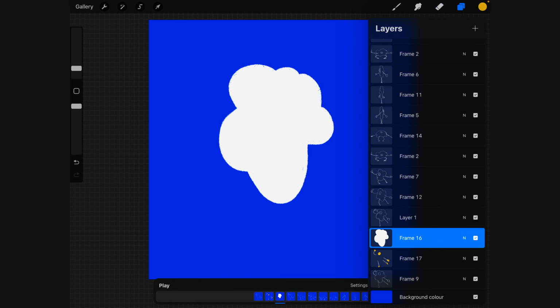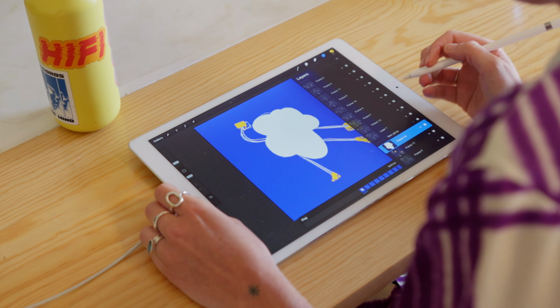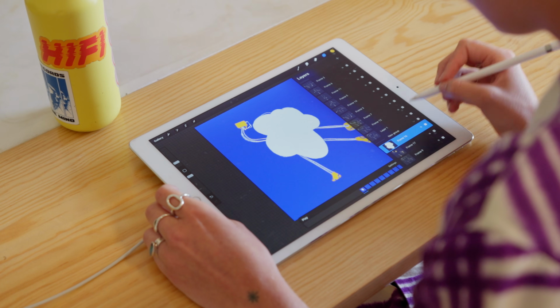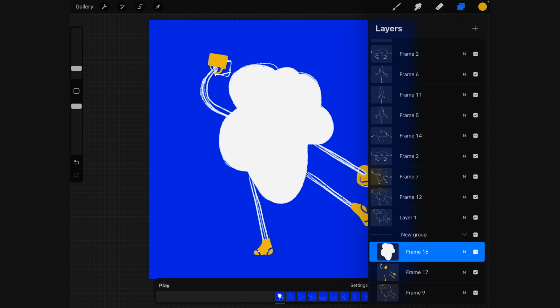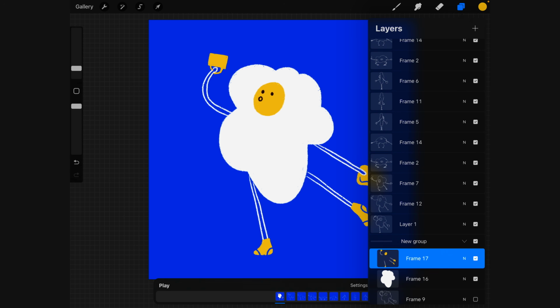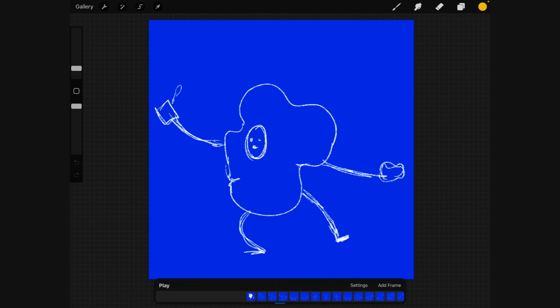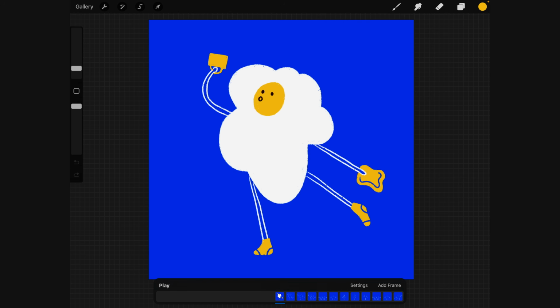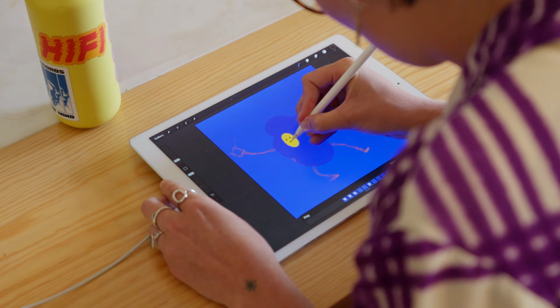Now what we're going to do is go up into our layer stack and group these three. So if I swipe across to the right, I can group our rough layer, our detail layer, and our body layer into a little group. And you can see that it's created one single frame instead of treating these as three frames of the animation. So if I hide this rough layer, make sure that the detail layer is on top of the egg, we're basically going to go through and do that for each of our rough layers. Cool, so let me do that now and I'll come back to you once I've finished.